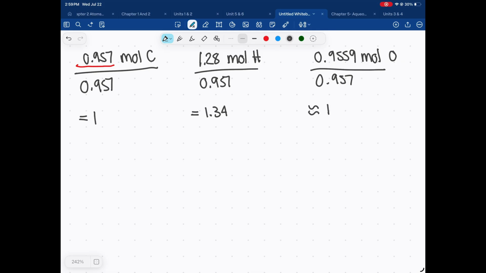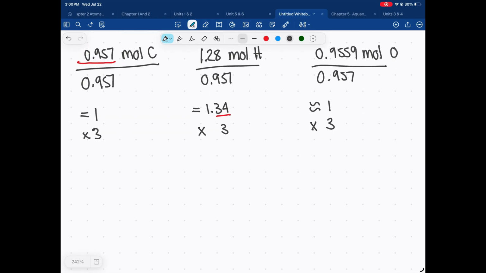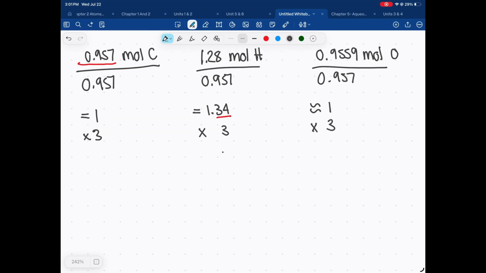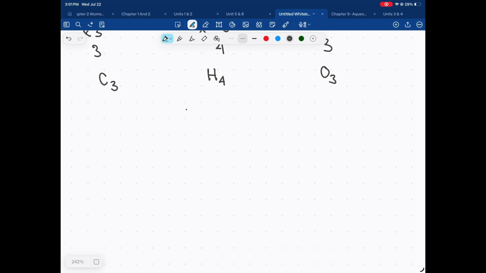Thankfully, both of these are similar in numbers, so they're going to give me the answer that I'm looking for. I need the middle digit to be closest to a whole number. So I know that 0.3 is a third, so we're going to go ahead and multiply it by 3. So that will give me C3H4 and O3,